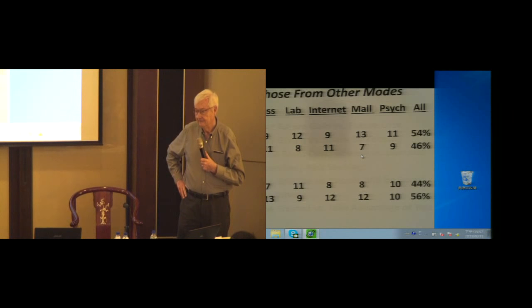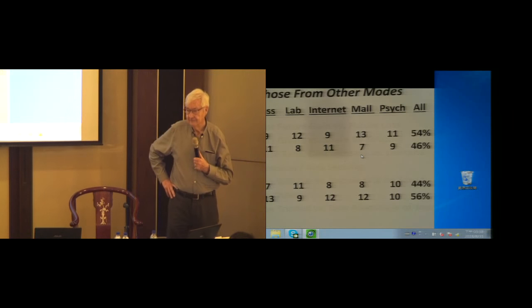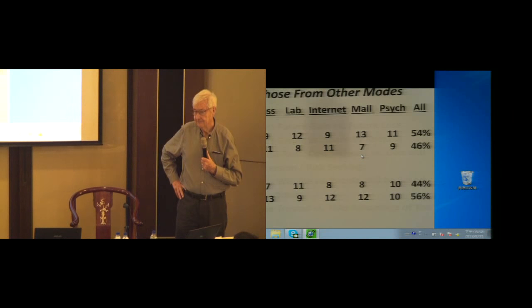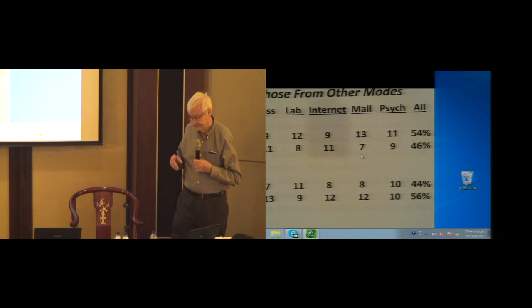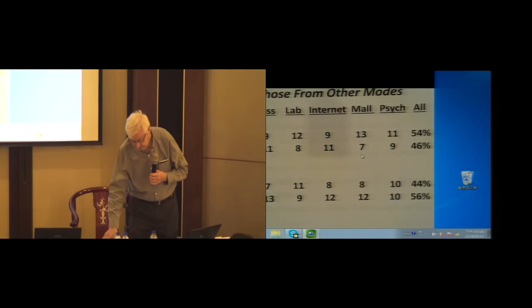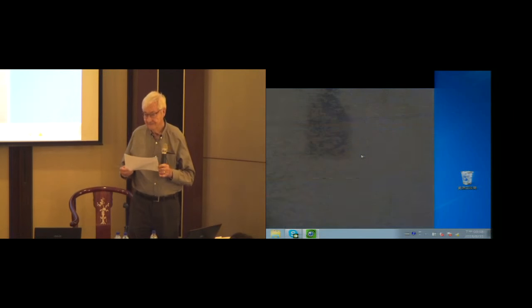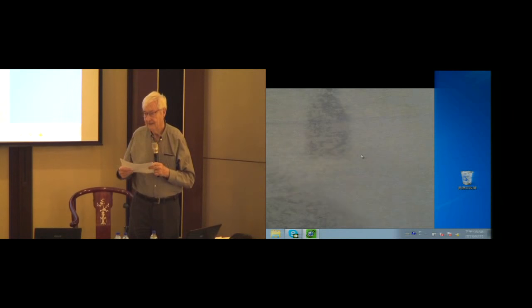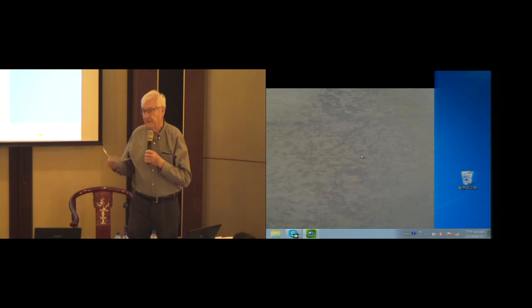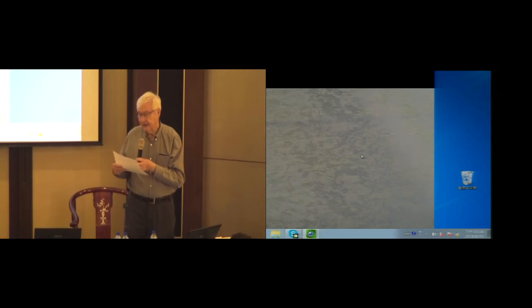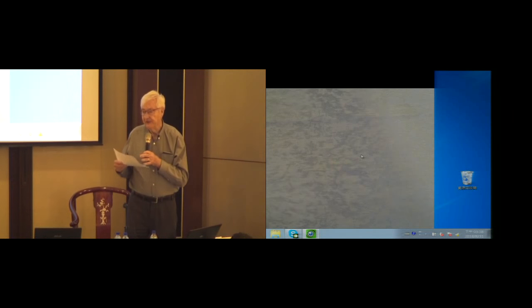Okay, and then there's another thing that differs. If you are on the internet, you are not being observed by the experimenter. But if you are in the class, you are being observed by the experimenter. If you are in the mall, you are in a public space. So this is another element that differs. Yeah. So probably because of all these potentially different things, you cannot really tease out whether it is because of the subject pool or because of the method of conducting the experiment. I agree, but what people are doing, they're running a classroom experiment and reporting the result, and